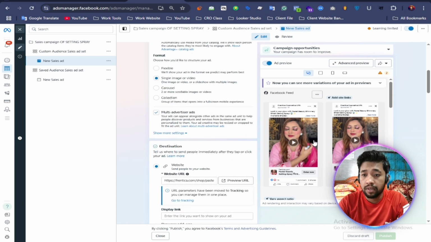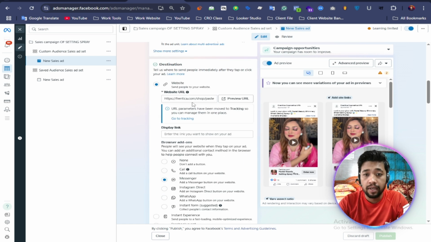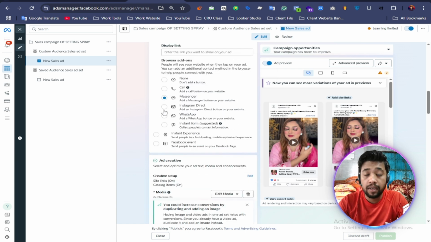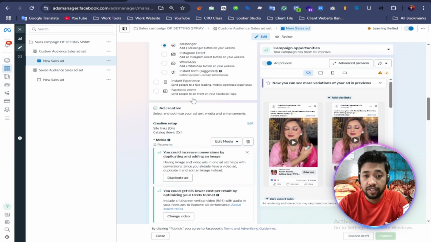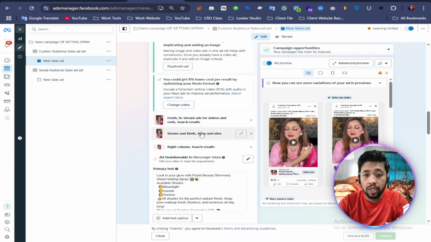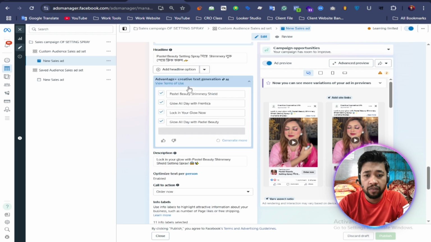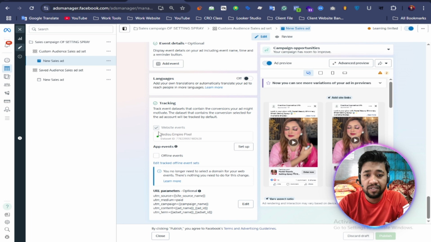We put in the video, select our landing page and display link, add primary text and a headline, and select our pixel. We can also use the URL parameter, because we can send data to Google Analytics to measure all kinds of performance.